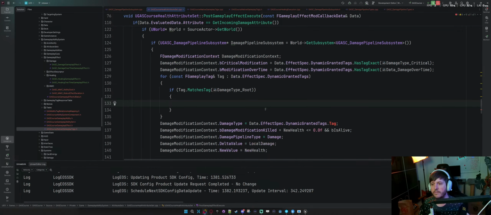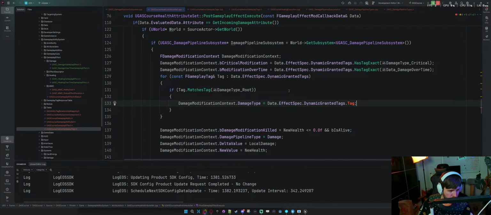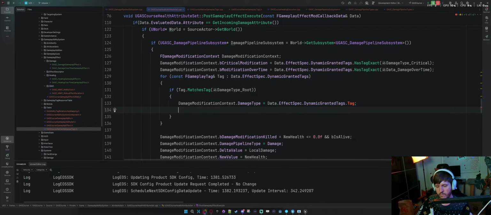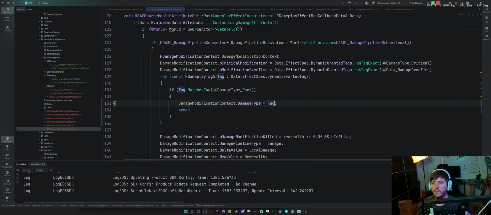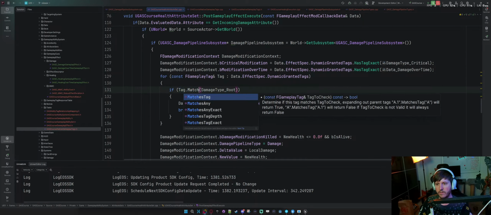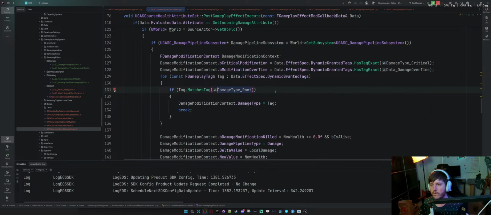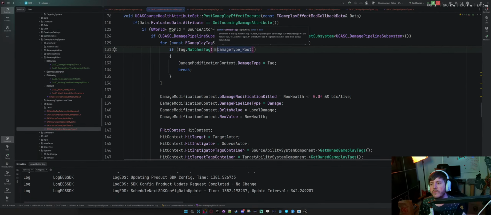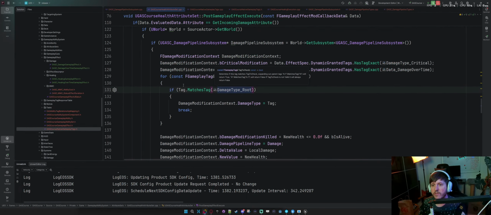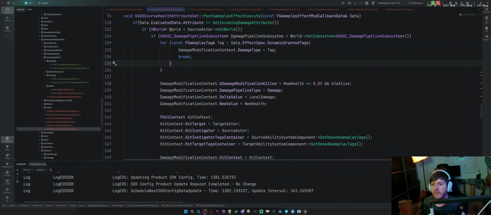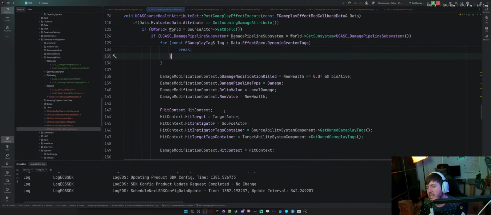And then we say, because there's matches tag. There's not like matches. Yeah, there is. Exact. So I want to make sure that we have it. That should work. So now we're getting all the health information. We're seeing if they're killed or not. Now we're getting all the information for the context.